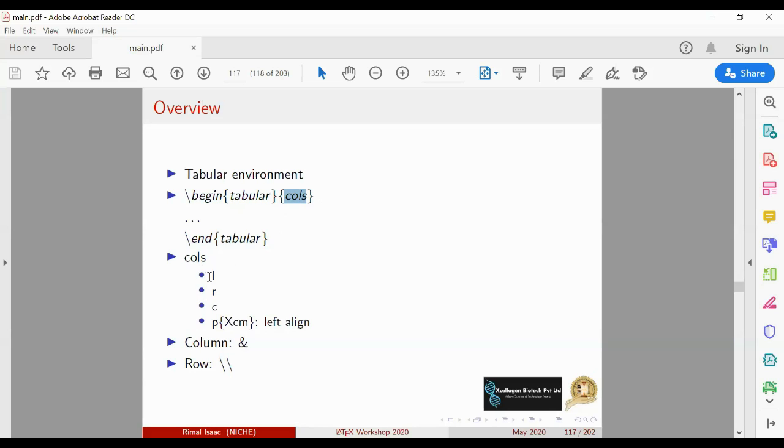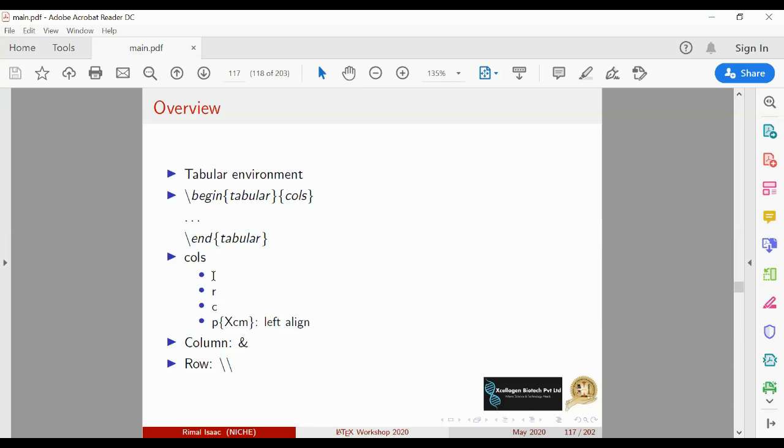L means the column will be left aligned, R means right aligned, and C means the contents of the column will be center aligned. P means you can specify the width of the column, and with P all the contents will be left aligned.